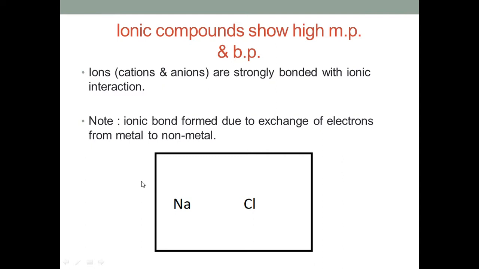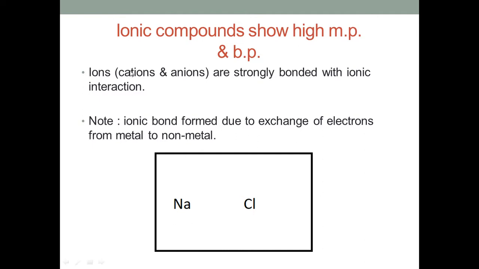Come to the next. Generally, ionic compounds have high melting and boiling points, and someone asked why they show high melting and boiling points. So the answer is because of a strong electrostatic force of attraction, and the second answer is their high lattice enthalpy. But in the class 10 syllabus, you have very little knowledge about lattice enthalpy, so we give the answer in favor of strong inter-ionic electrostatic force of attraction.